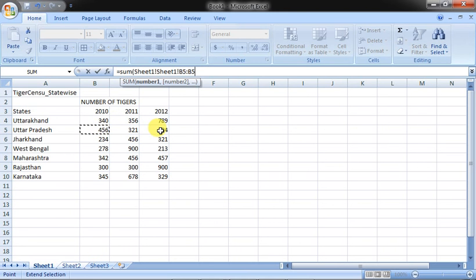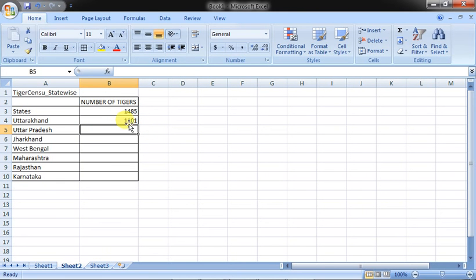All right, then you go over here. Clear? Sheet 1 has come twice, so you come over here, it is showing sheet 1 B5, just write B5, and then put a colon and go over there, sheet 1 D5. All right, so the total range has been taken into consideration. Now if you press enter, the total result will be shown over there. So 1101. Afterwards, if you want, you can copy down the formula, and it will give you the necessary result.